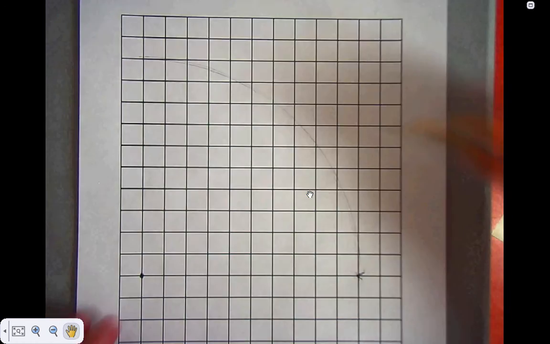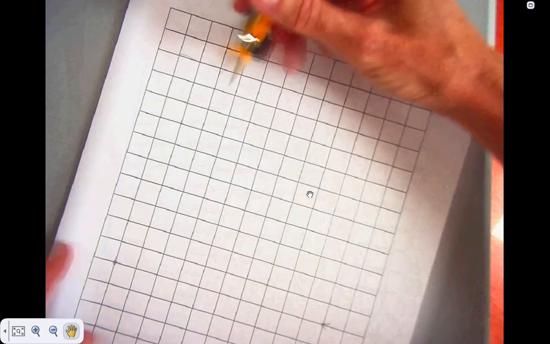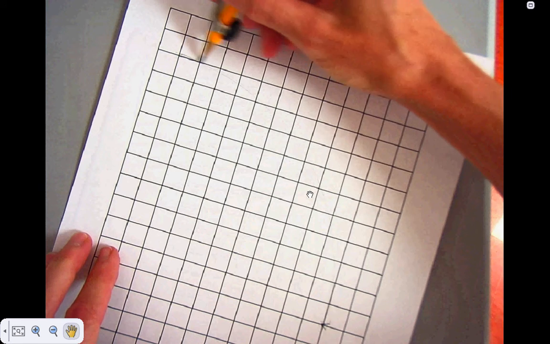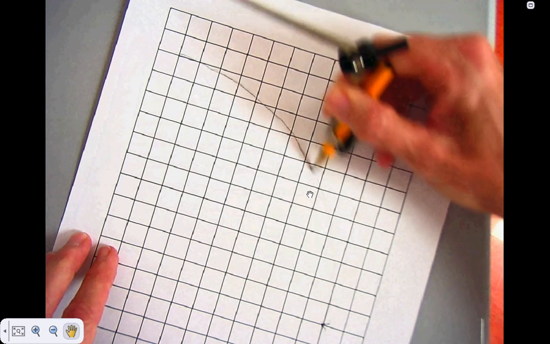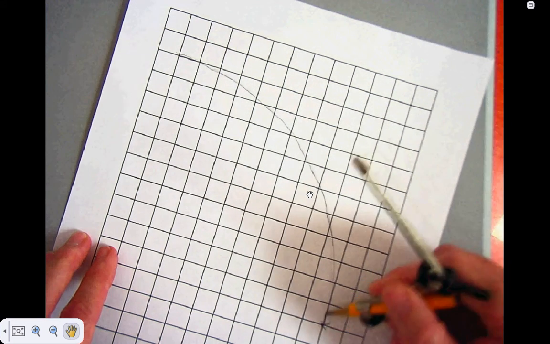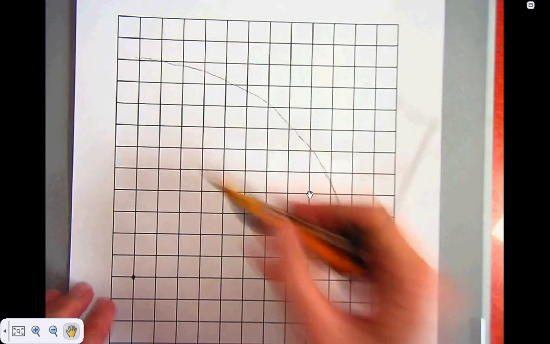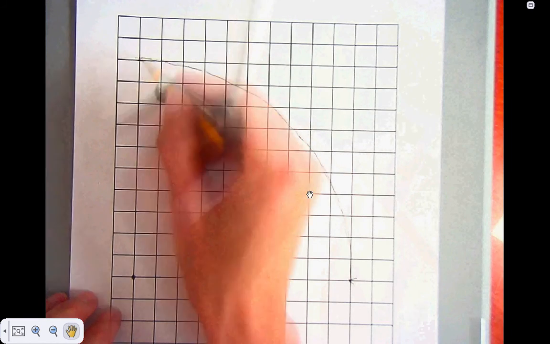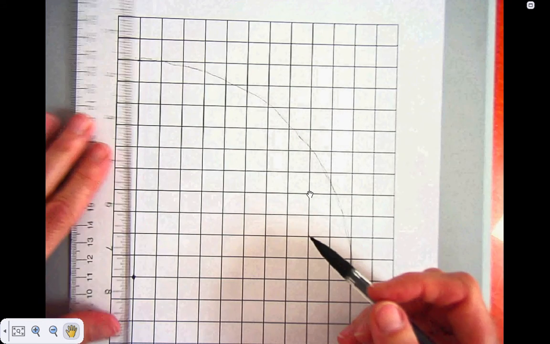And you might have to fill it in so you can see it a little bit better. But in essence, you should have a circle that starts at 10 and finishes at 10 at the top here. And so what we have, and you can thicken this up so you can see the lines,